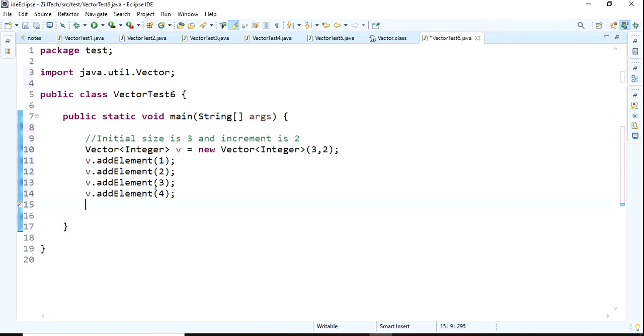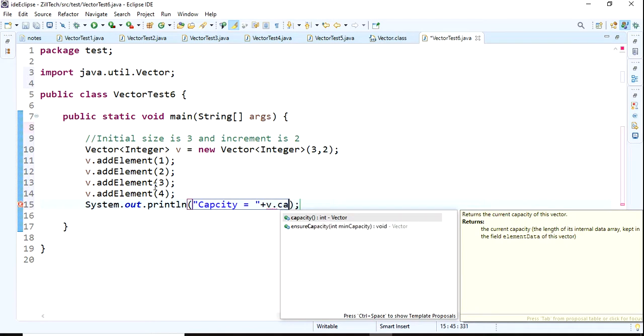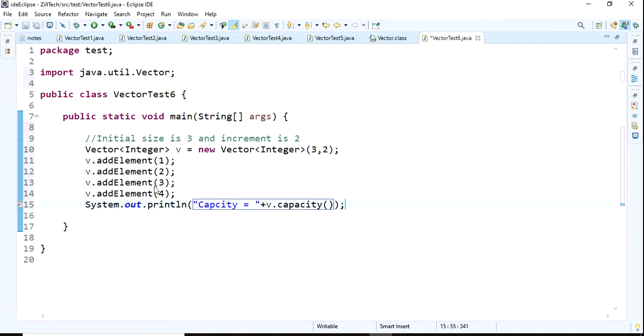Next I want to print it. I want to write capacity equals v dot capacity. We already know the capacity has grown from 3.